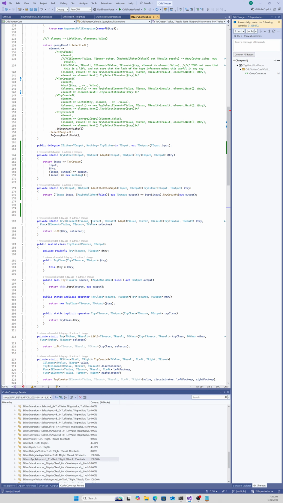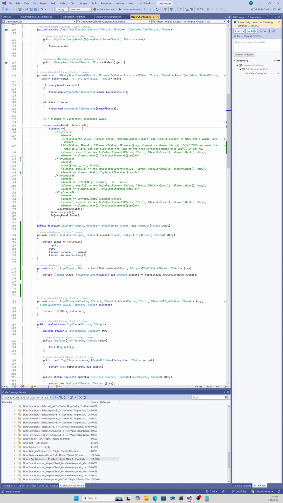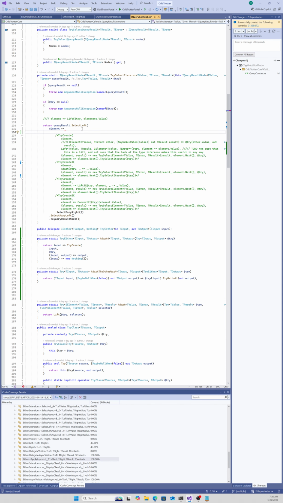Well, actually, as we remember, we put try create right here. We're actually not going to need a try create. What we can now do is say adapt try, pass in the element and value, and now we select